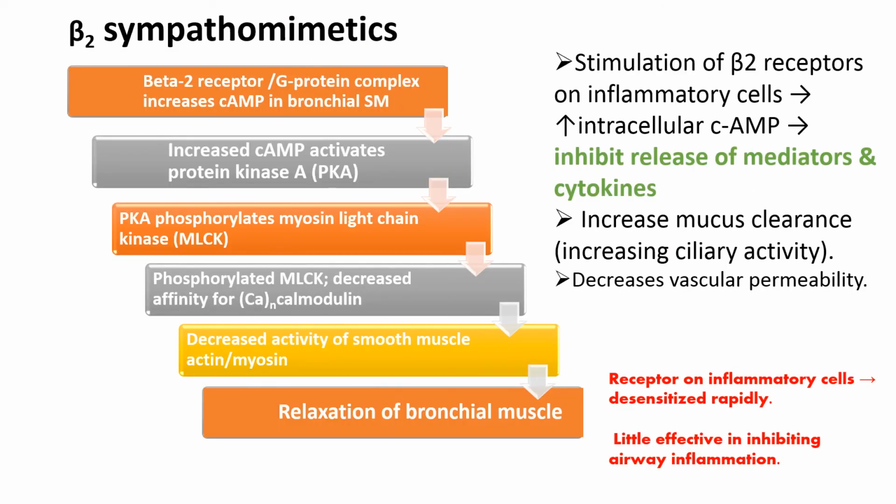Now let us understand the events that ultimately lead to bronchodilation. And the other thing is, why do beta 2 agonistic drugs have negligible anti-inflammatory effect? Though they are stimulating the beta 2 receptor on the inflammatory cell, increasing the cyclic AMP in the inflammatory cell, and ultimately inhibiting the release of mediators and cytokines,